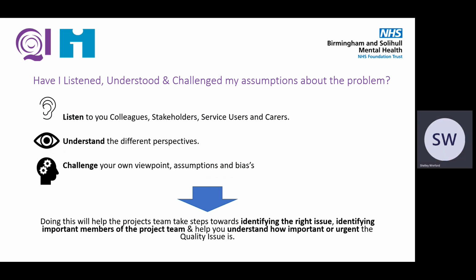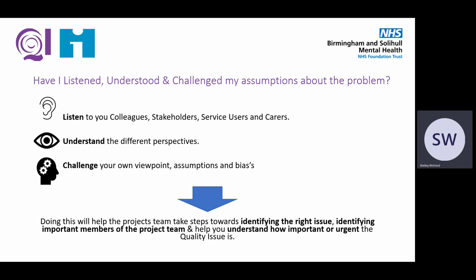The first thing to do when you identify a quality issue is listen. What are stakeholders, staff, service users and carers saying about it? All of these people are part of the system you're trying to improve, and they will all have a viewpoint that is relevant to your project. Understanding everyone's position in relation to the issue will help you understand whether the focus of your project is a priority problem for anyone else. In not taking the time to do this, you run the risk of focusing on an issue that others don't see as an issue, meaning they'll be less likely to engage or invest in the idea of wanting to bring about change.